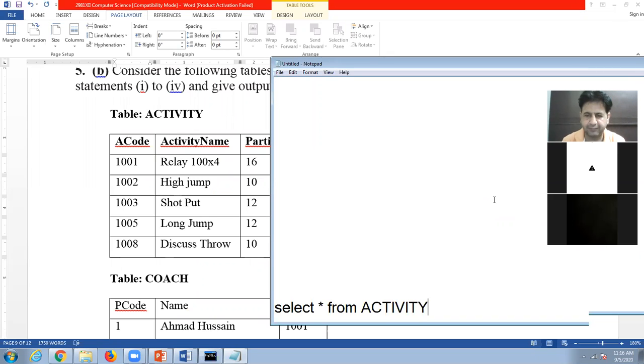It is a table name. So remember one thing, SQL is not a case sensitive language. You can write in small letters or capital letters, but the contents are case sensitive.